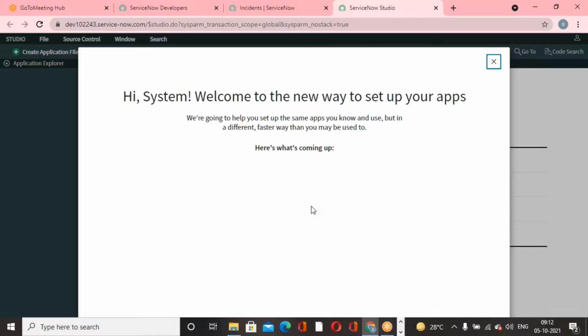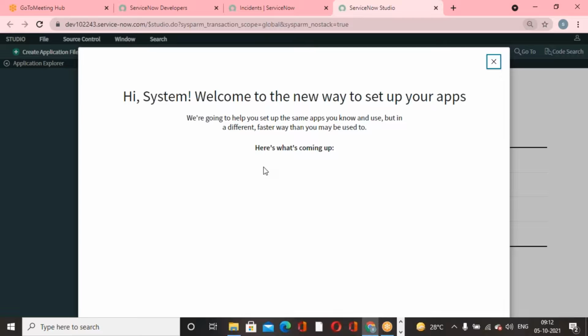Now I'm creating a new scoped application or custom application. How can you create a new scope application? Navigate to Studio, then you can access